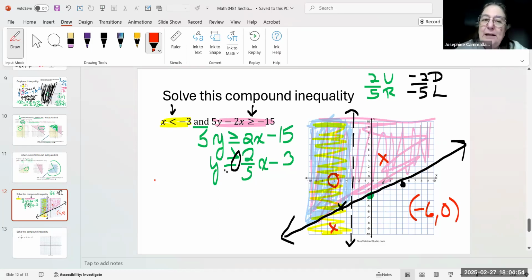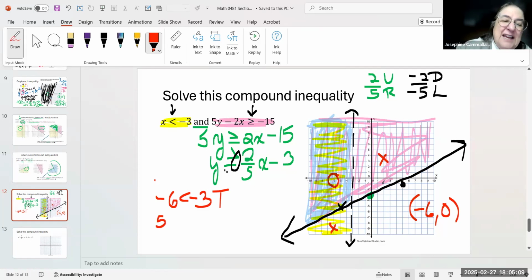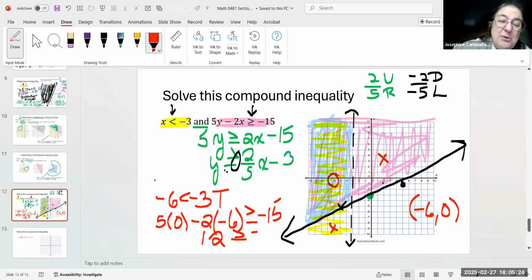Only that area. Well, if I put it in the first equation, -6 is less than -3. That's true. Well, 5 times 0 minus 2. Now remember, this is -6 is less than or equal to -15. Is 12 greater than or equal to -15? That's true. So my blue area